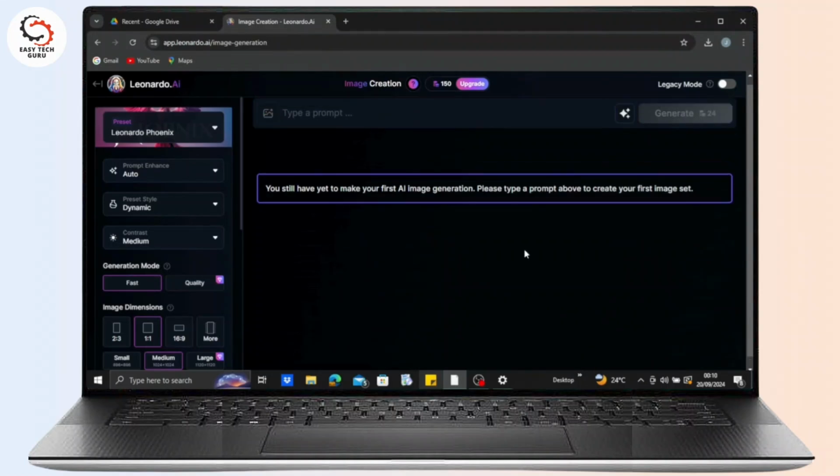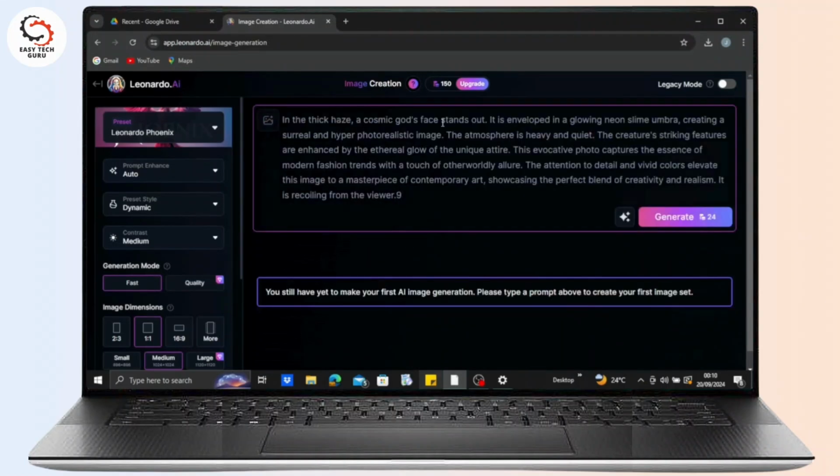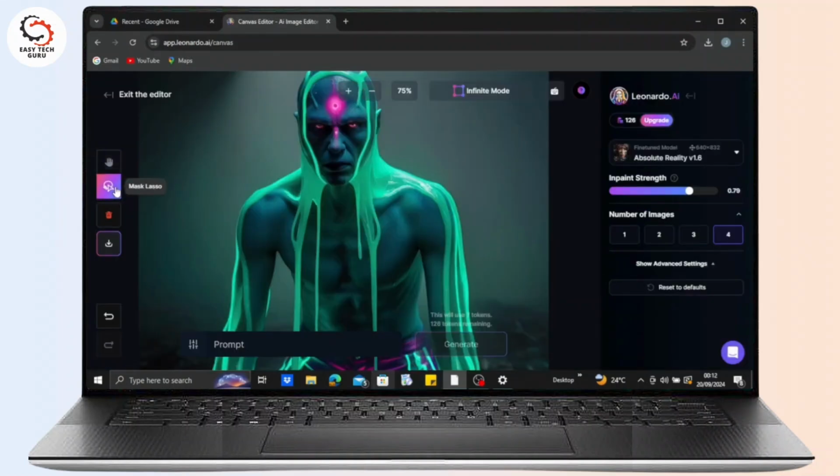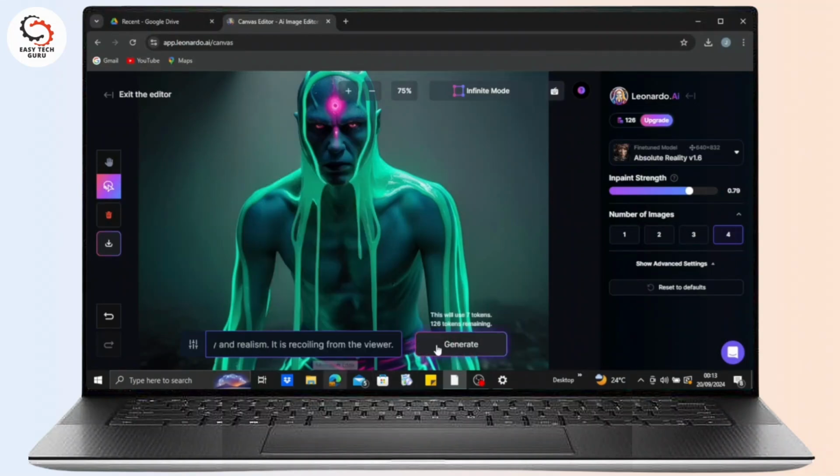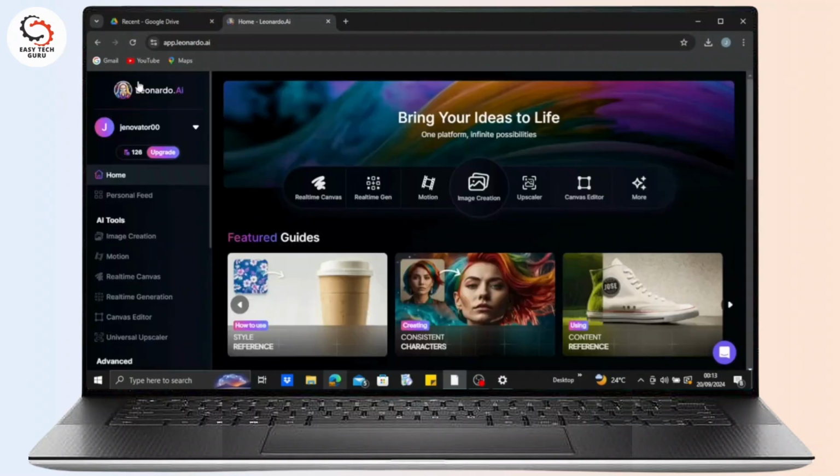Now I'm just gonna paste the prompt that I chose earlier and type in generate, and here you can see the related images have appeared. You can just customize it however you want, or change the prompt as well, or add new prompt. Just copy and paste, and you can just tap on generate, and new image with different ideas and variations will be available to you. So in that way you can use your own image in Leonardo AI to add image